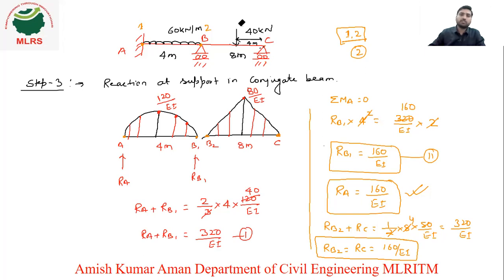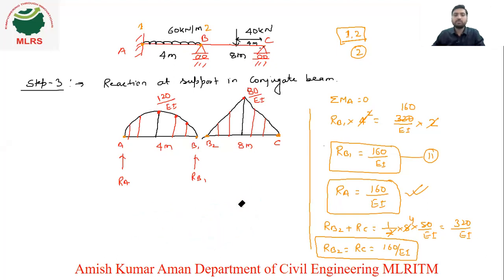So what we need to do now, we need to calculate shear at these points. What will be the value of shear at this point? So we'll write it as shear at A, and we'll call it as delta 1L. Okay, delta 1L means at first coordinate. At this point, if you want to calculate the shear, what will happen? It will be equal to RA value only. So RA, because there is no force, right? Only RA value is there. So RA is nothing, 160 upon EI. Okay.